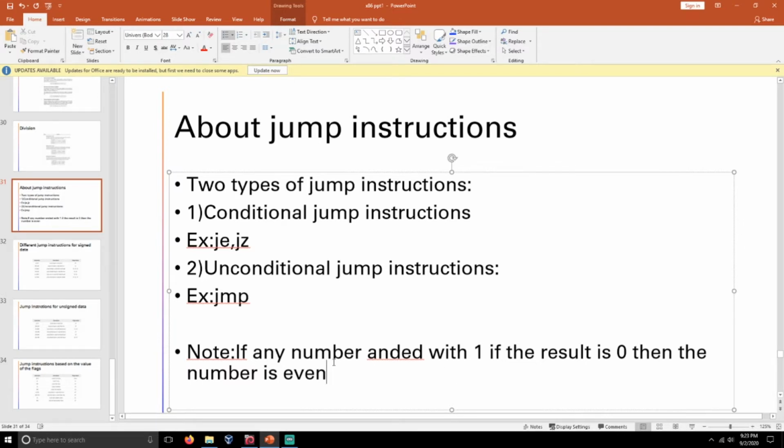If your user input number is ANDed with 1 and the result is 0, then the number is even. Take an example as you wish, as I am taking the number 8. If you AND 8 with 1, the result will be 0, so the number will be declared as even. Remember this point, it will help you to understand the program that I am going to show.